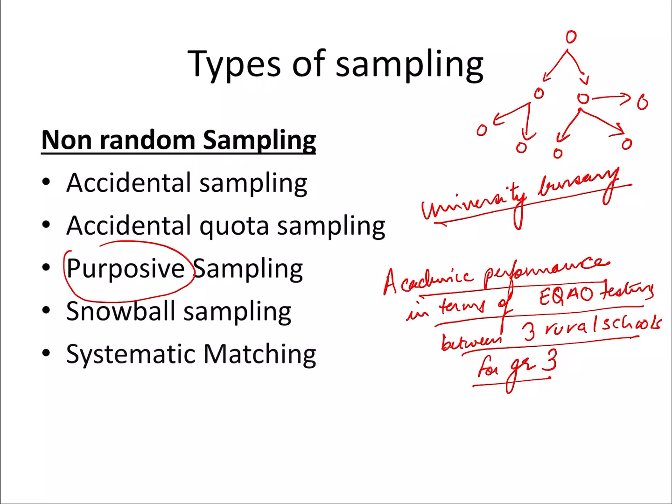Systematic matching works well when population sizes are very different. So if you want to ask the question, how do East Indian students experience culture clash when they come to Laurentian as compared to other international students or even students coming from First Nation communities? The population size of East Indian students coming to Laurentian is significantly different as compared to, say, students coming in from First Nations communities. And in such a situation, if we wanted to do a genuine study, we'd have to